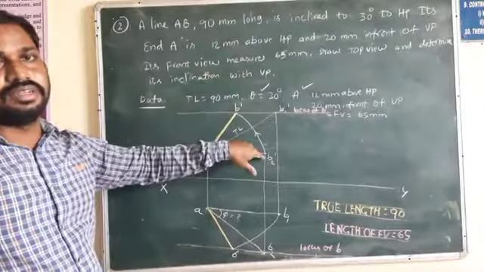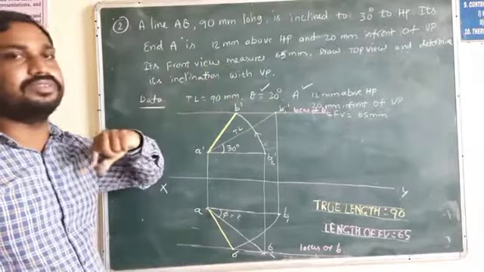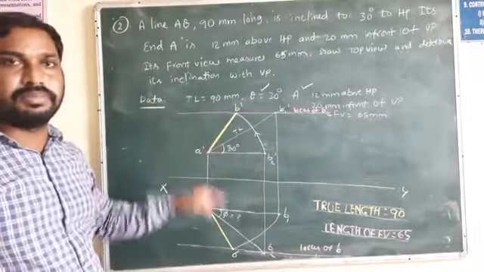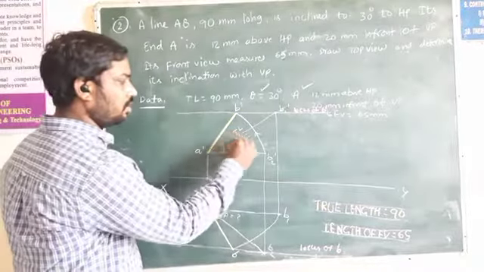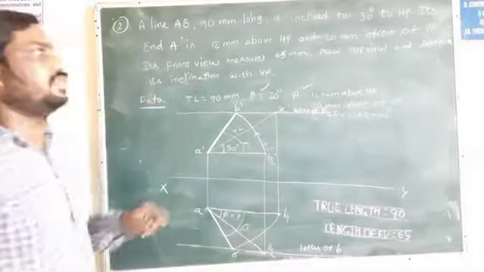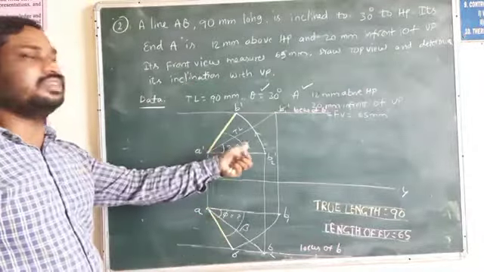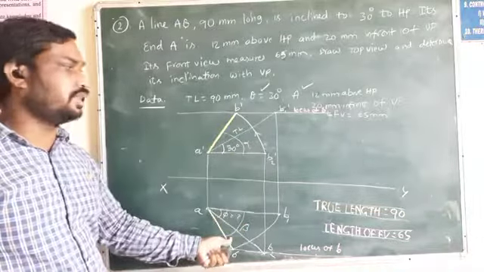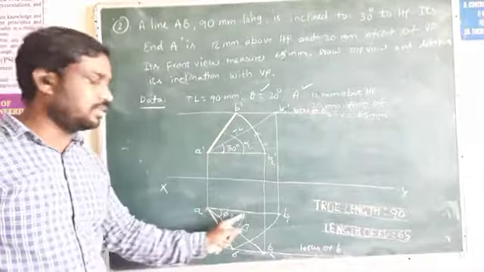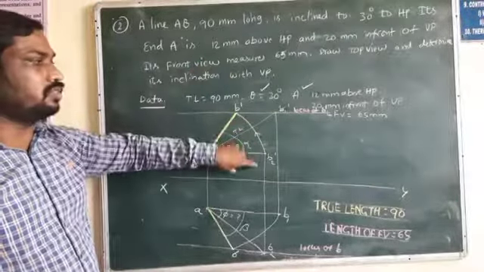Very easy. If you understand the concept of the projections of a straight line inclined to both planes, solving these problems is very easy. So this is alpha, this is beta. If it is not asked, you don't require alpha and beta. If it is asked, alpha and beta are also required. With the help of the protractor, we will find out the angle alpha and the angle beta. Okay. So that is the completion of this total diagram.